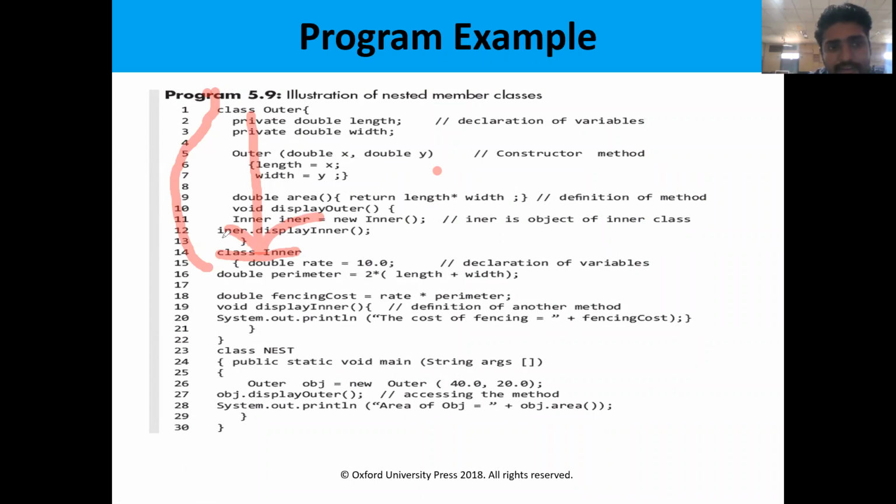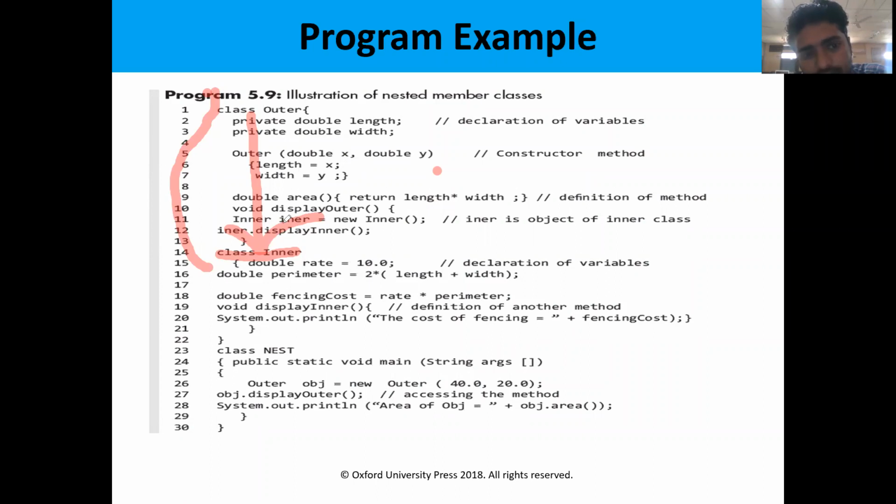So that's why here he is creating an inner object, an object of type inner. Why? Because the outer class cannot access the members of the inner class. That's why he is creating an object of class inner.